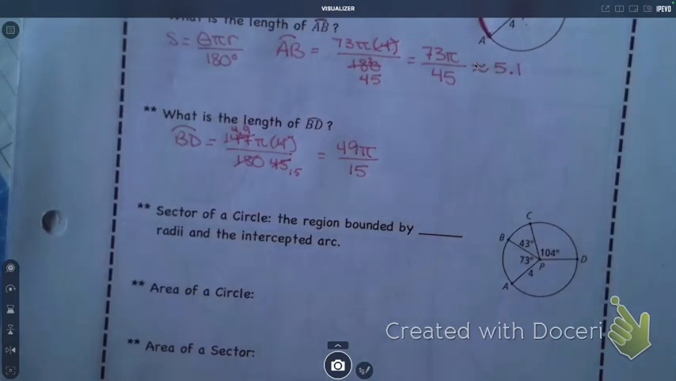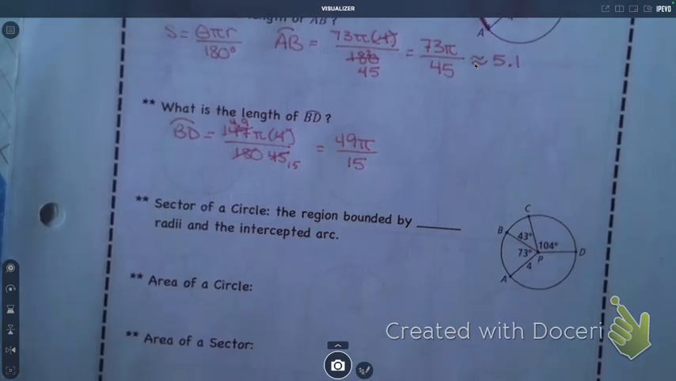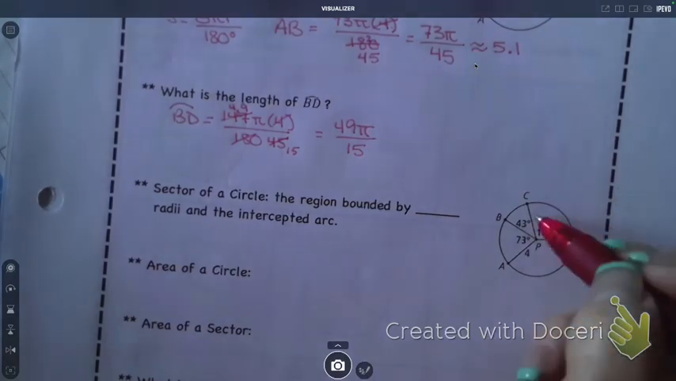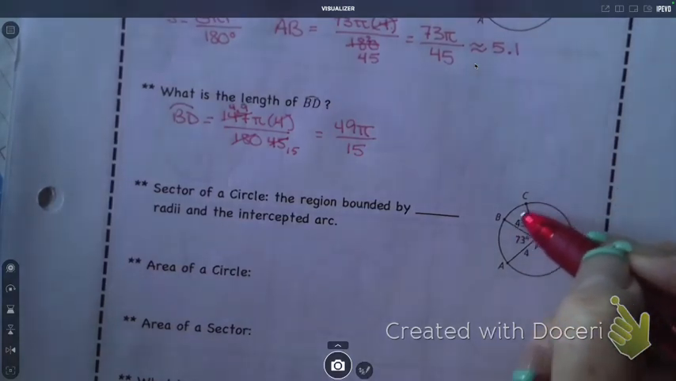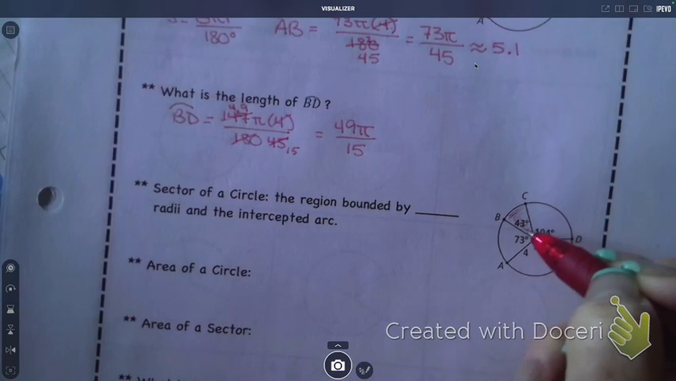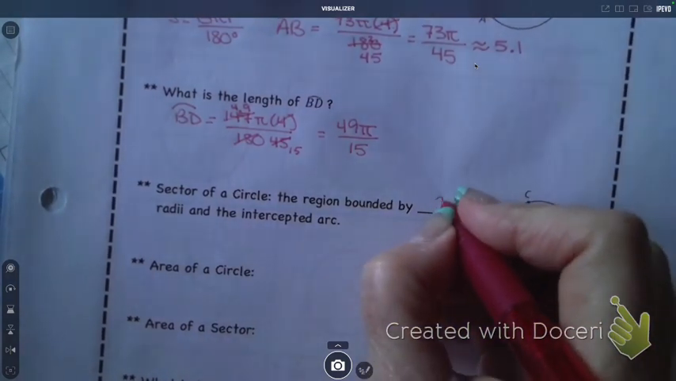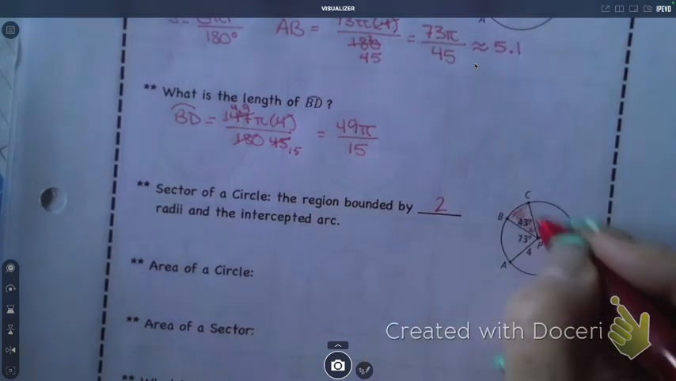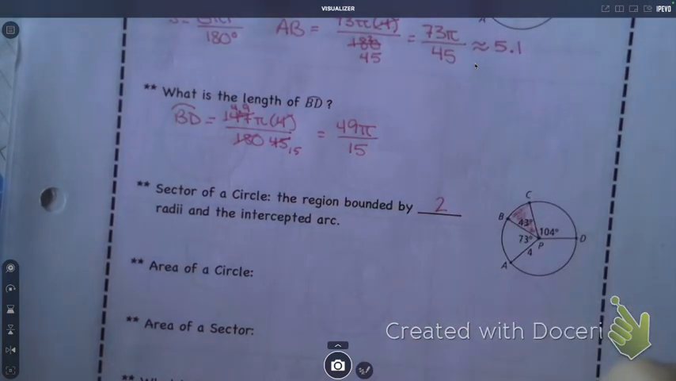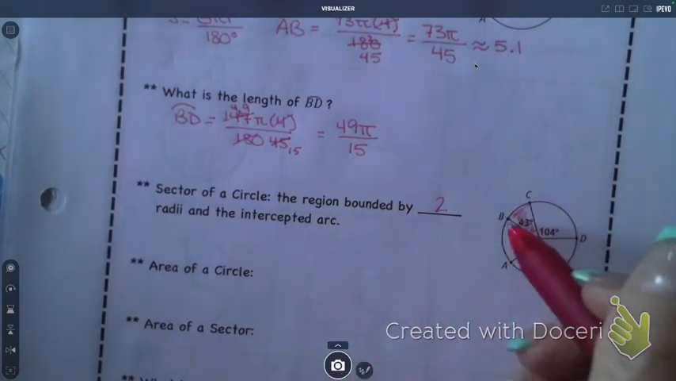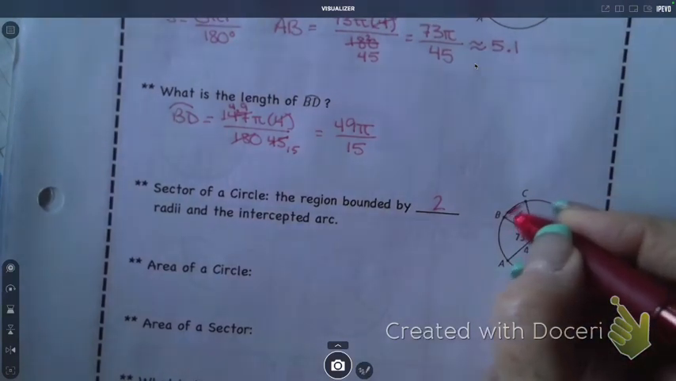Questions? Okay. So, sector of a circle, the region bound by blank radii and an intercepted arc. So a sector is the whole thing. So how many radii enclose this sector right here? How many radii enclose that sector? 2. Because you have this side, PC, and PB. Okay, so 2 radii enclose it and they intercept an arc. That's what a sector is. The sector is the portion